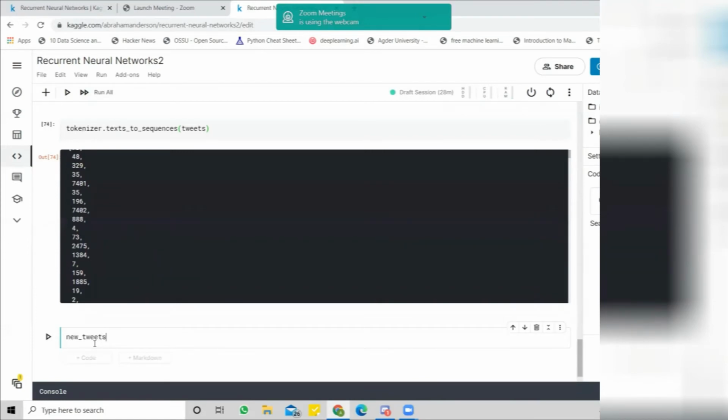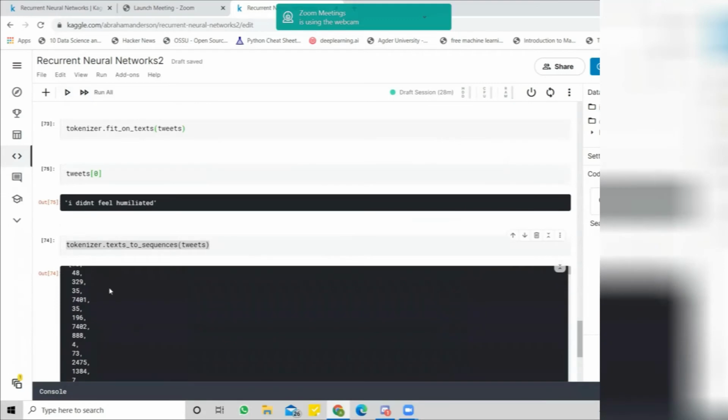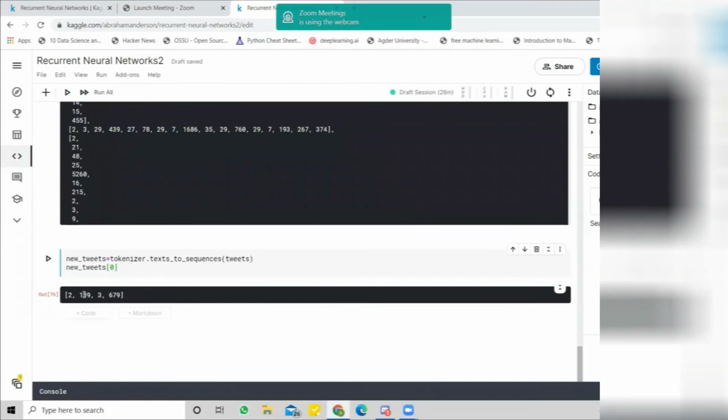Now we are talking about our training set, and let's assign the results of this tokenizer transformation into our new tweets. Let's see the first output of these new tweets. As you can see, we got the first result. I didn't feel humiliated is represented by these 4 numbers.